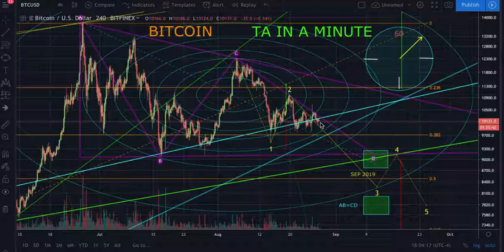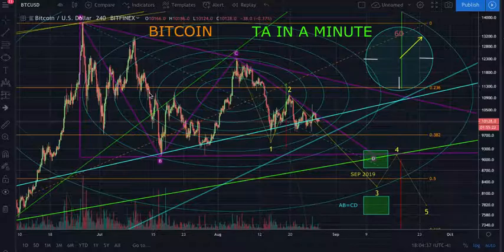And I think that final push down, based on confluence of quite a few different things, and we're going to go over those right now, based on confluence, I believe that the next point is going to be in this region down here, the 75 to 9,000 range. And that's a big range, but I'm going to explain to you exactly how I came to that and where I think it's going to be.